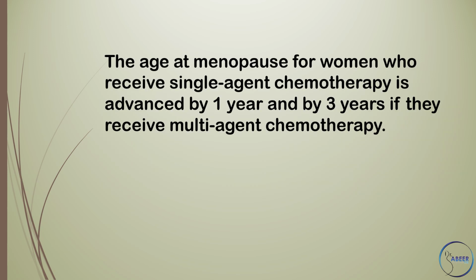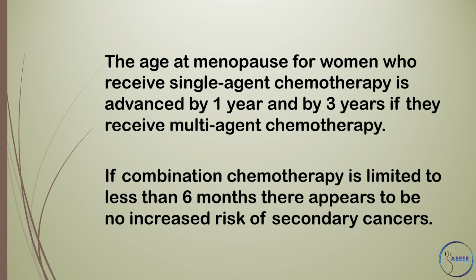The age at menopause for women who receive single-agent chemotherapy is advanced by 1 year and by 3 years if they receive multi-agent chemotherapy. If combination chemotherapy is limited to less than 6 months, there appears to be no increased